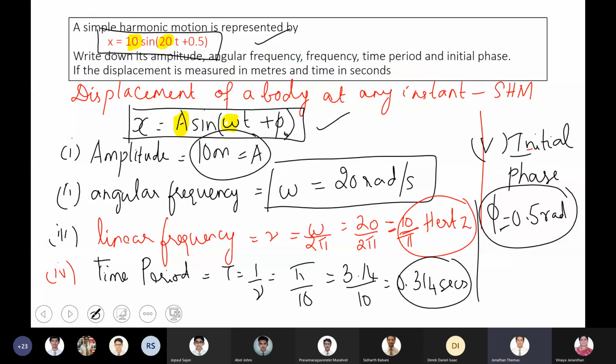Ma'am, like for the velocity and acceleration, can we also write the sine graph instead of cos? Yes, correct. We'll do that next; when you come across the next numerical, you'll understand. We will have lambda also later on. When you come across waves, you will see it. Shall I go for the next one, or do you need time to complete this?